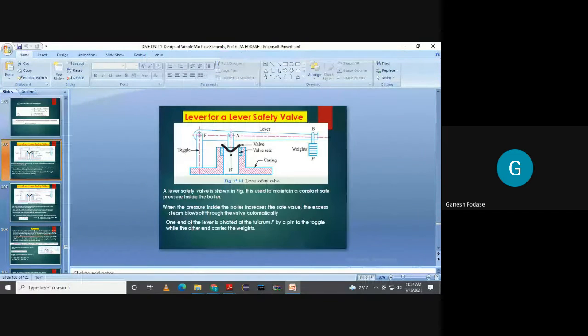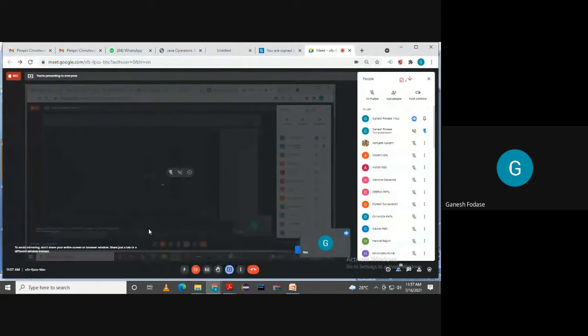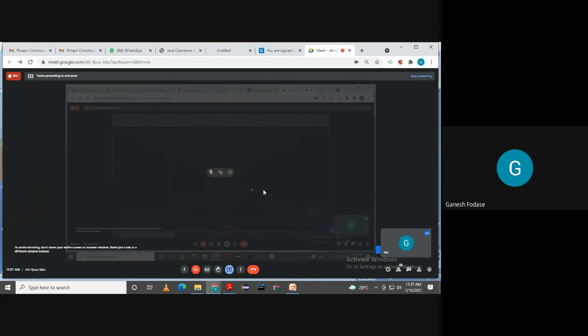The next part we'll complete in the next lecture. I have given you a complete overall idea about the design of levers, so I hope you are now able to design any lever. Of course, we'll take two more examples, a safety valve and a bell crank lever. But I think there is no issue understanding those also, because we discussed the basics. So I request you, if possible, go through different designs of levers, and if you have any doubt, you can discuss with me. Otherwise, you can apply your knowledge to design levers. Clear?